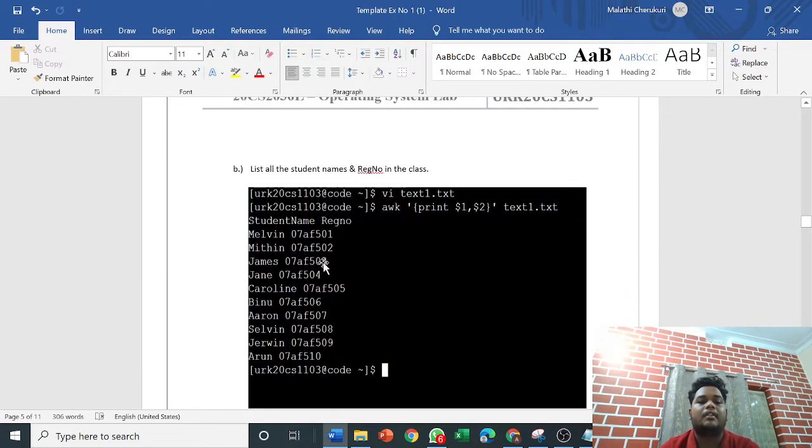And next, to list the things out, I wrote awk '{print $1 $2}' text1. Basically $1 and $2 print the first and second columns, and text1 is just the file name. If we give it that way, we get the first two elements of each row.